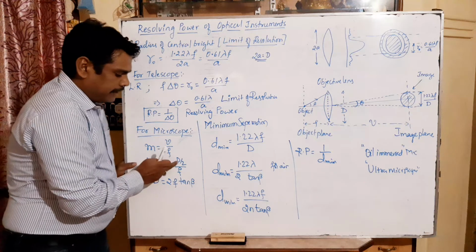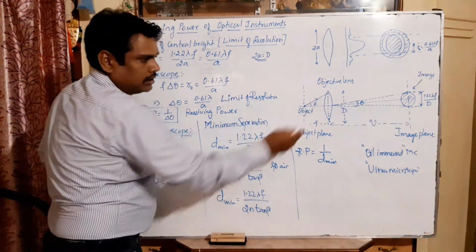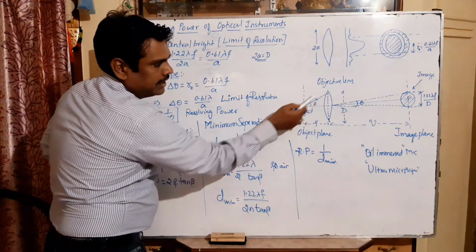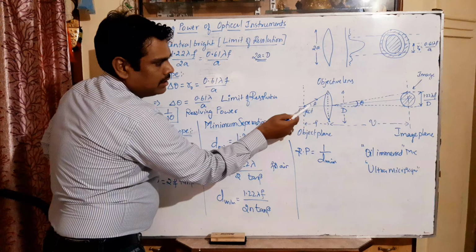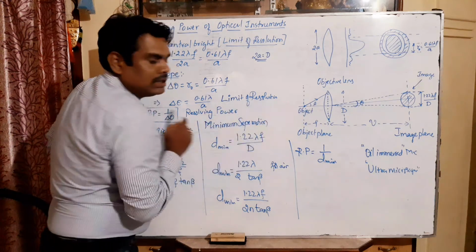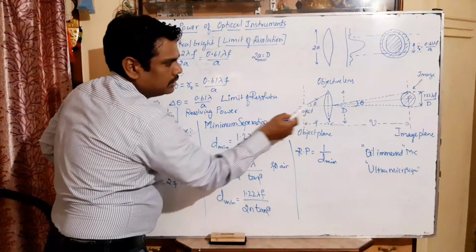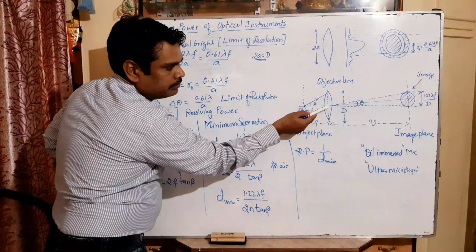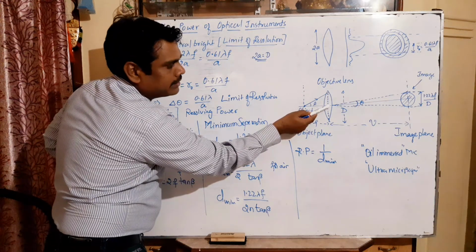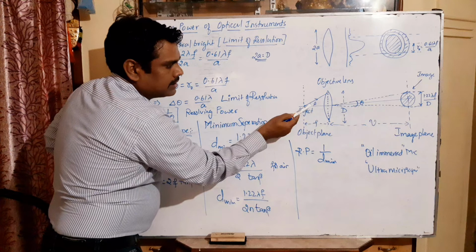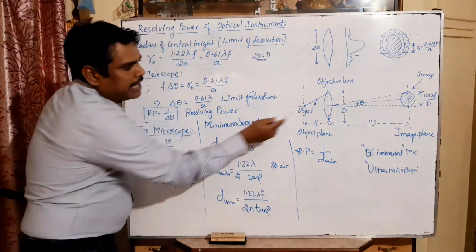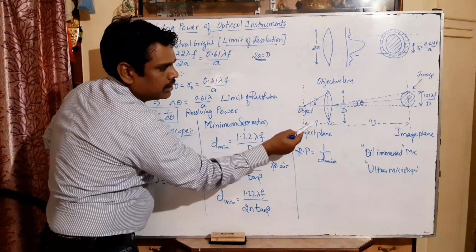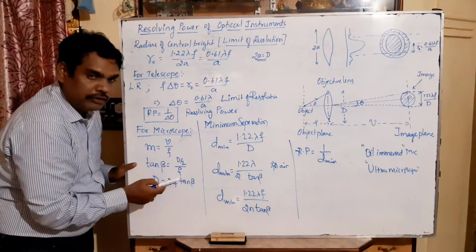Now I want the value of the diameter of this convex lens. For that reason, if I take a right angle triangle here, see, this is the right angle triangle. In this right angle triangle, let us consider beta is the angle subtended with respect to the principal axis. From here to here it is d by 2, half of the diameter, or radius we can say. Let us consider the tan function: tan beta is equal to opposite side divided by adjacent side. Adjacent side is focal length, opposite side is d by 2. That's why d by 2 divided by f.